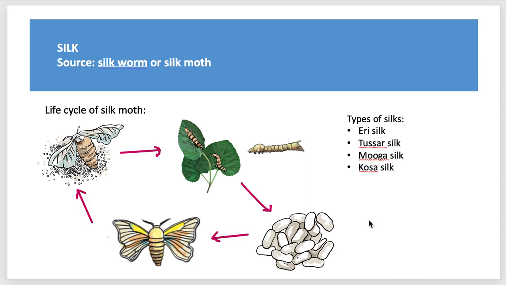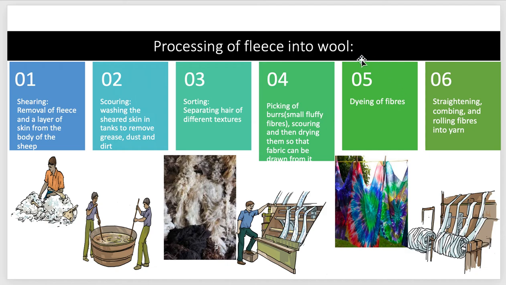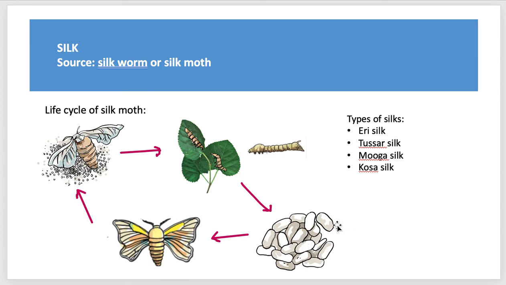So the silk fiber from the cocoon is made soft and lustrous, and it is made elastic, and then it is colored. So in this step we saw that the wool is dyed, it is painted in different colors. So the same way, silk fiber is also dyed, it is painted in different colors, and it can hence be sold and used. So this is a very common thing in India, and this is about silk fiber. This is how you get silk fiber.